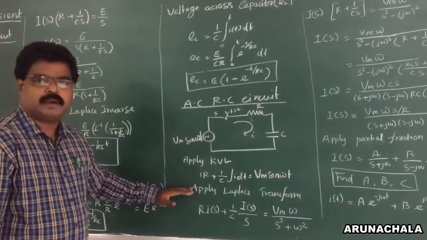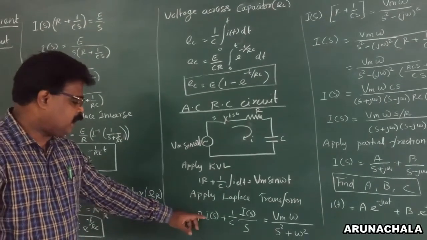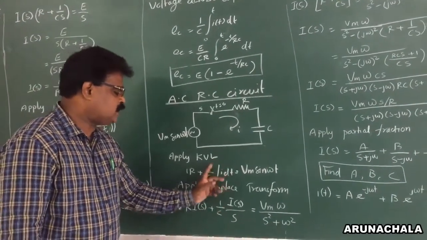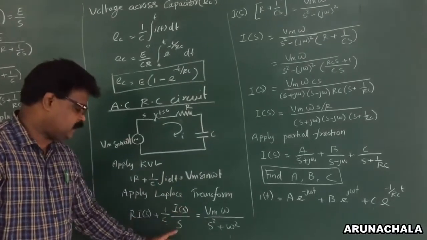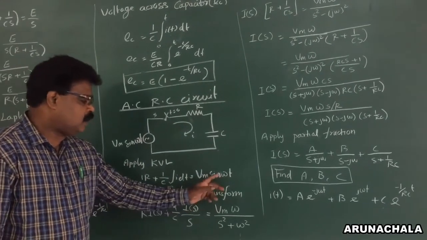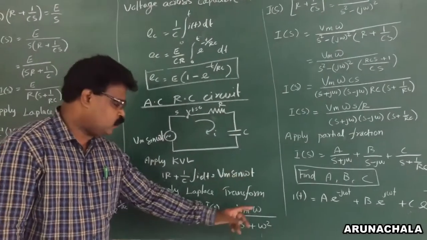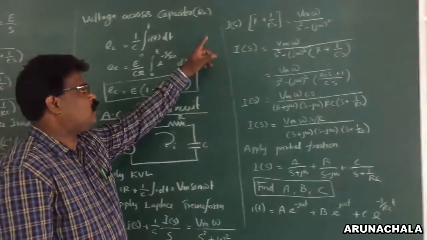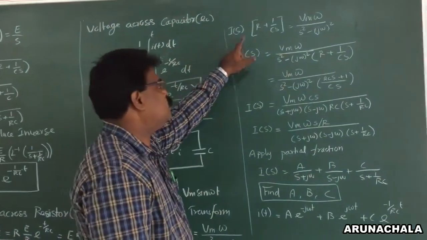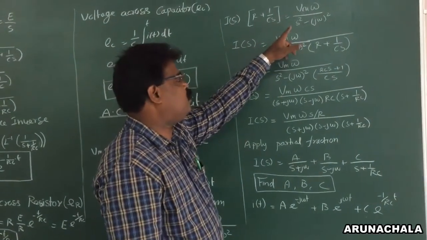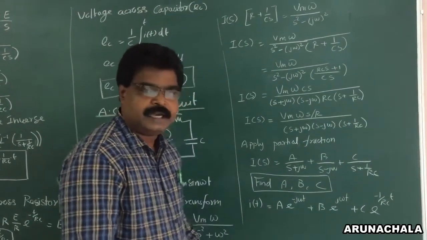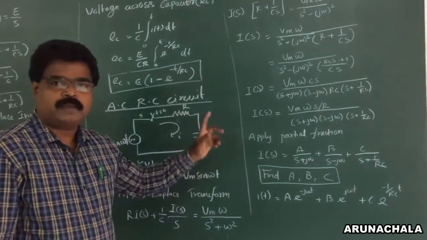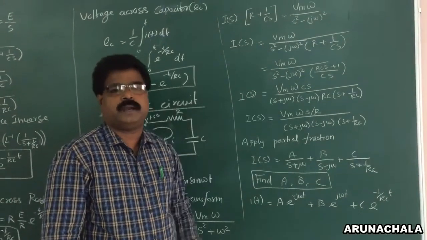Then apply Laplace transform. You will get R into I of S plus 1 by C, Laplace transform of integral I dt is I of S divided by S, that is equal to Vm into the Laplace transform of sin omega t, so omega divided by S square plus omega square. If you take I of S outside, R plus 1 by Cs is equal to Vm omega divided by, in the denominator we can write S square minus j square omega square, because we